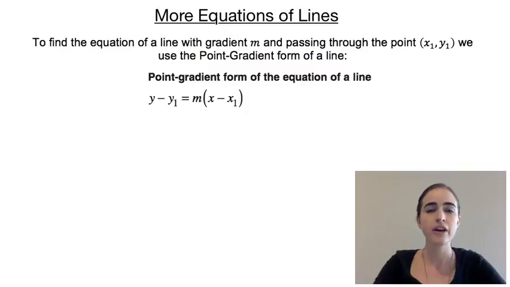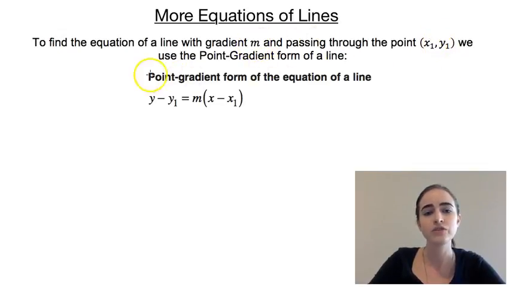In this video, I want to have a look at a few more concepts to do with the equations of straight lines. So first off, I want to have a look at finding the equation of a line if we know its gradient and we know one point that it passes through. So if we know the coordinates of a point that it passes through, we know that it has a gradient